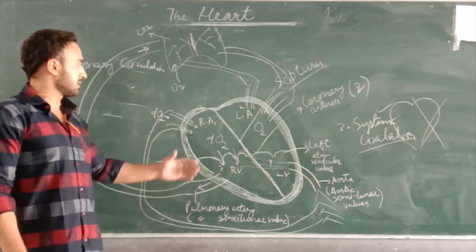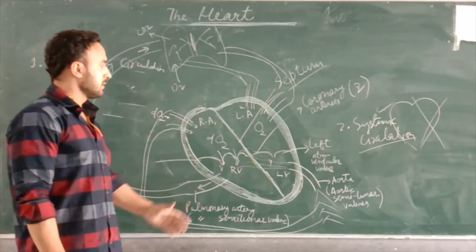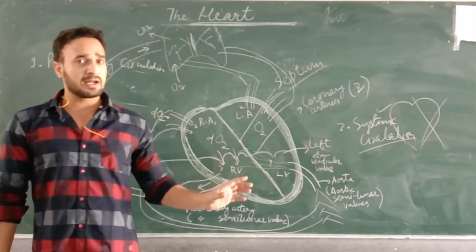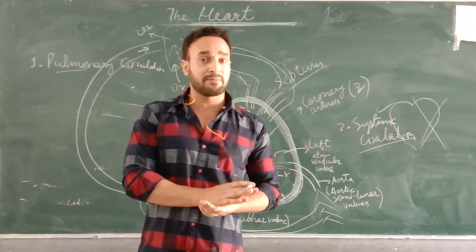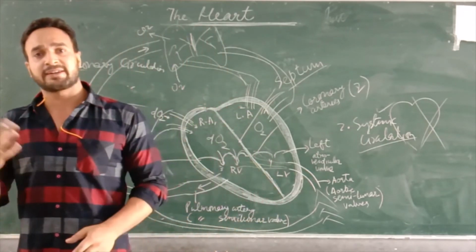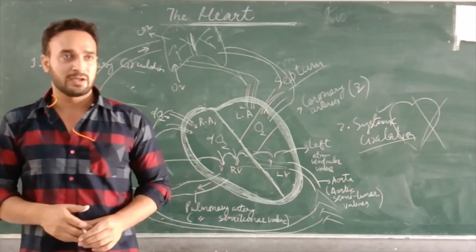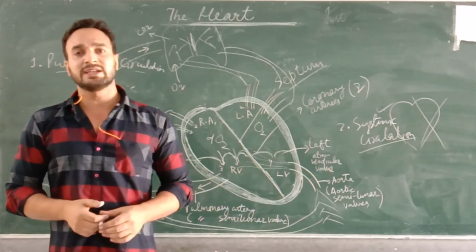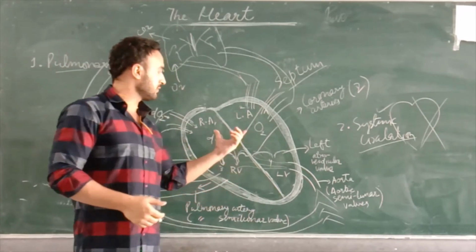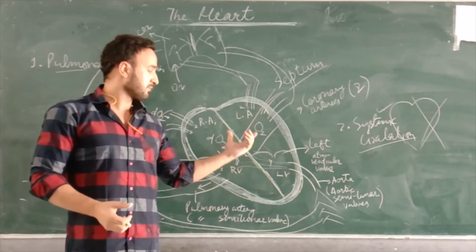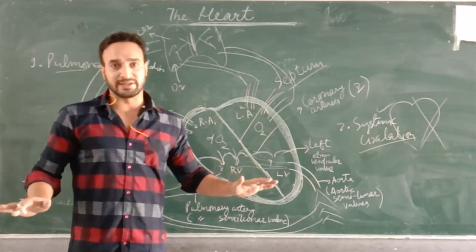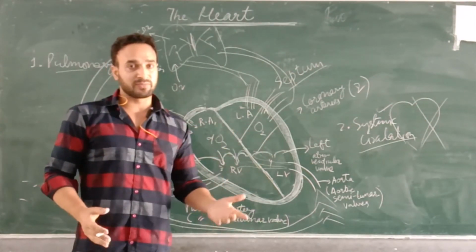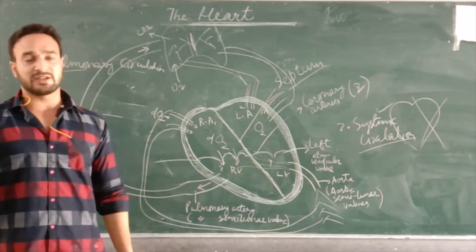One interesting thing about the heart is that the auricles contract and relax at the same time, and the ventricles contract and relax at the same time. The contraction is called the systole, while the relaxation is called the diastole. When the two auricles contract, the two ventricles are relaxing, and when the two ventricles contract, the two auricles are relaxing. They alternate the relaxation and the contraction.